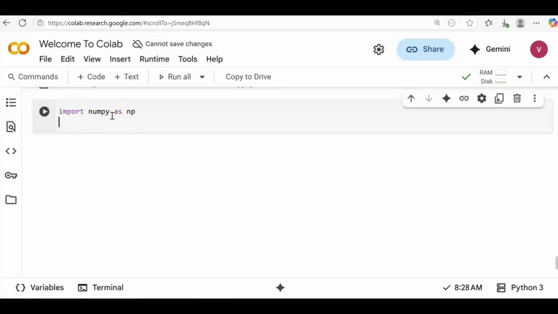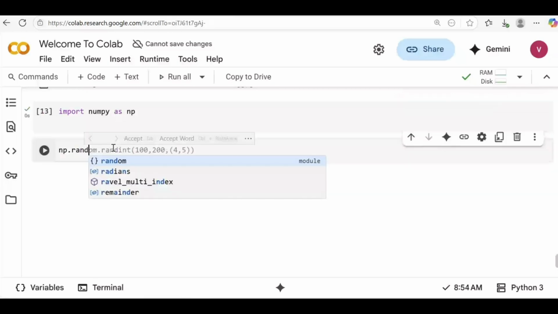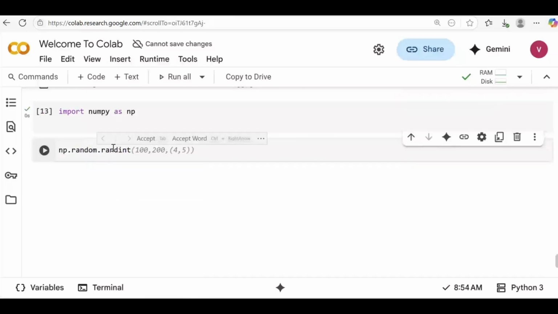Using np.random.randint, let's say 50 comma 40, and we want a two-dimensional array, so for that we give 5 comma 6. So it will create